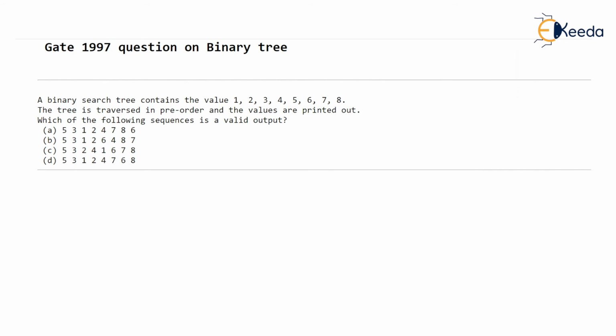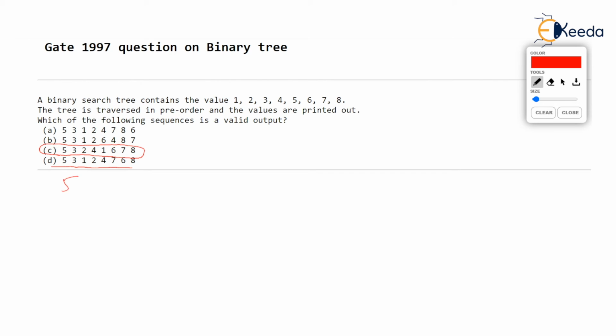I hope you are understanding. Well, I will come to the correct option then. The correct option is D. I don't want to spend a lot of time. You can just check on your own. You can take this option C and construct a binary search tree, and then on that new binary search tree, you find pre-order. It should match C, but it doesn't match C.